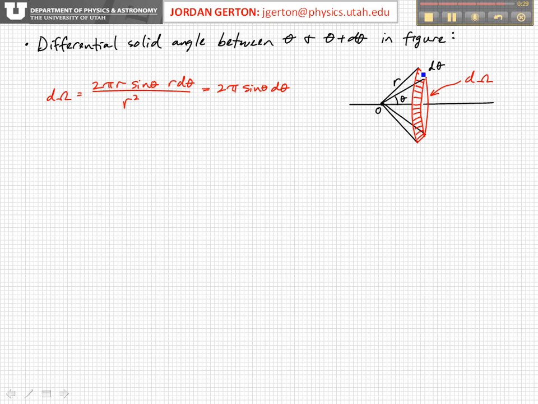And you have some small differential angle d theta here, which then defines this two-dimensional differential solid angle d omega, which I've indicated here with the red hatches. Again, r is the distance between the observation point and the surface that you're talking about, and theta is the angle that you're looking